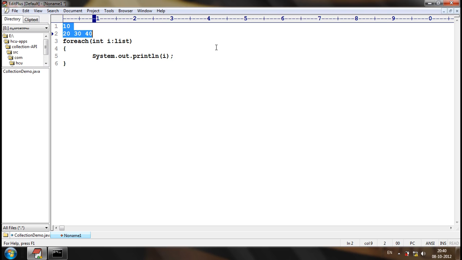Why would it be a compile time error? Actually, each element is an object. The list is the object.